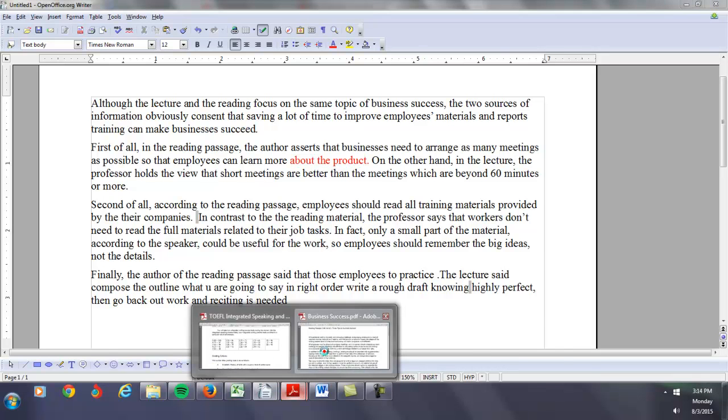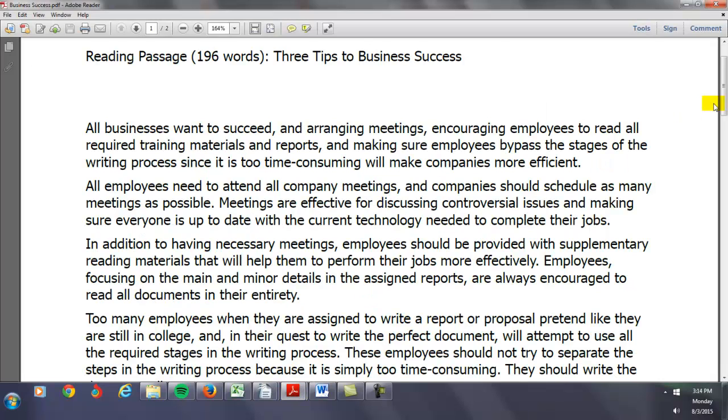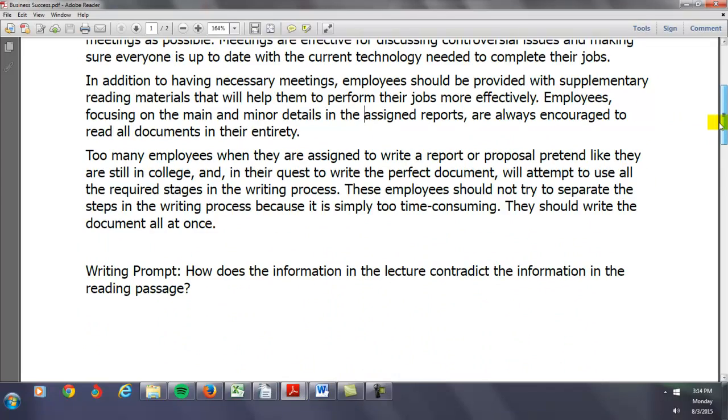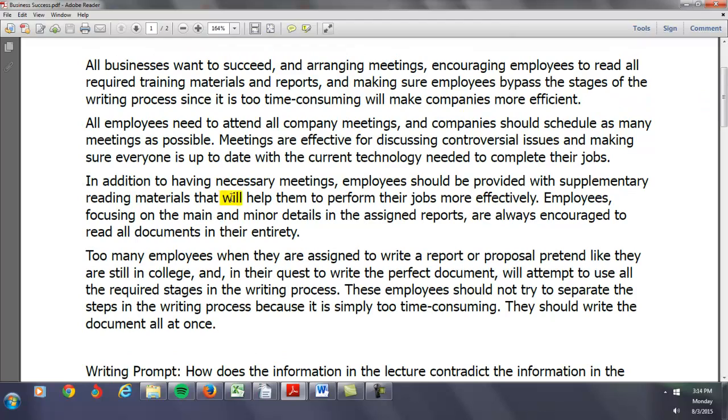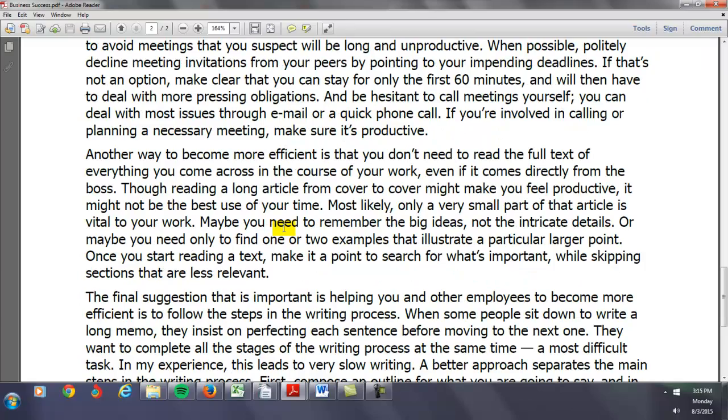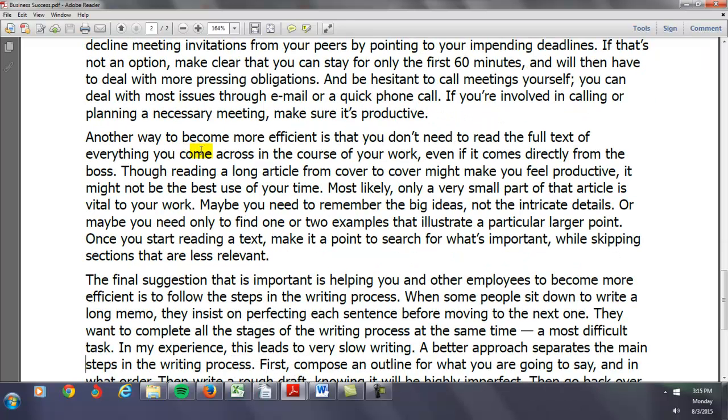So let's go back to the actual lecture here. We can look at it. Let's see what the lecturer says. It does say this. It says maybe you need to remember the big ideas, not the intricate details. But remember,